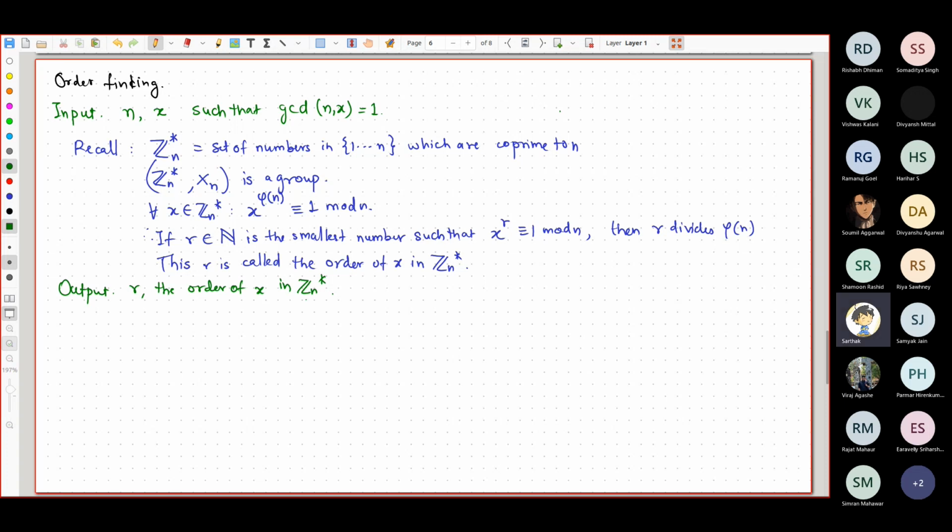Somebody? Yeah, Rishabh? Like the obvious algorithm would be just to calculate x to the r for all r, and pick the smallest one. Yeah. Right. How much time would it take? Order of phi n. Fine. Assuming your arithmetic operations are done in unit time, then it's going to be order of phi n. And remember, phi of n could be almost like n, right? So if n is a prime, for example, phi of n is going to be n minus 1. And if these are some m-bit strings, this phi of n time algorithm would be an exponential time algorithm. So the obvious algorithm